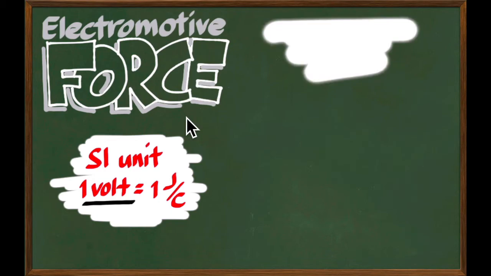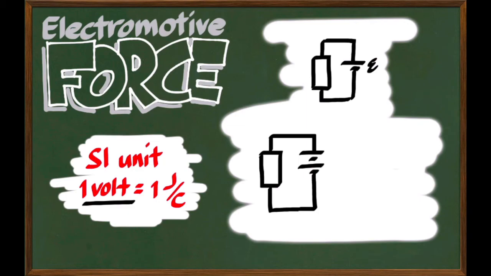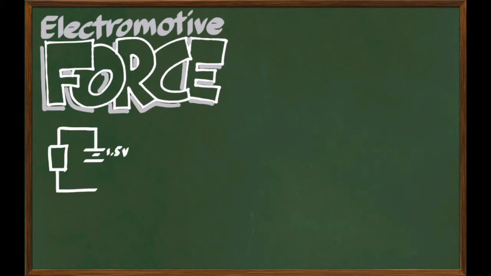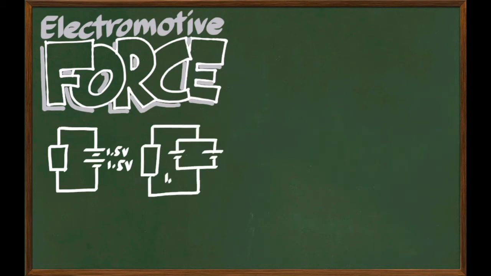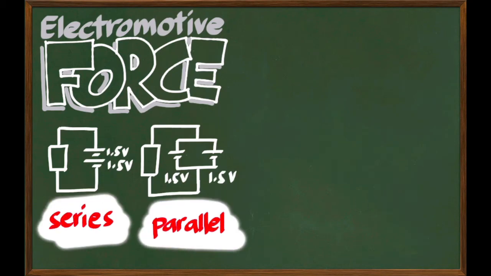Okay, let's move on to other stuff in our syllabus concerning EMF. Let me show this circuit to you again. There. So this dry cell or source has an EMF. Now the question here is, how would the EMF change if I have two dry cells arranged like that or arranged this way? All right, let's clear this first so I can show you that with some values. We have two circuits, everything identical to the other except that two dry cells are connected differently. Series here, see the connection? And parallel here, like that.